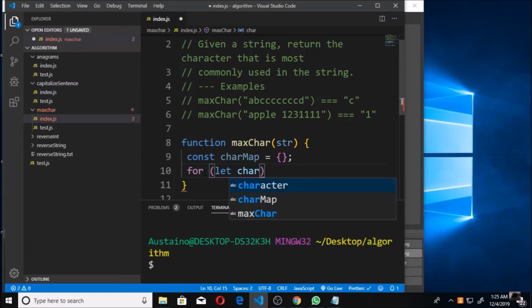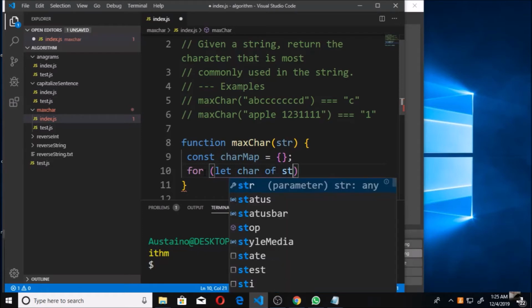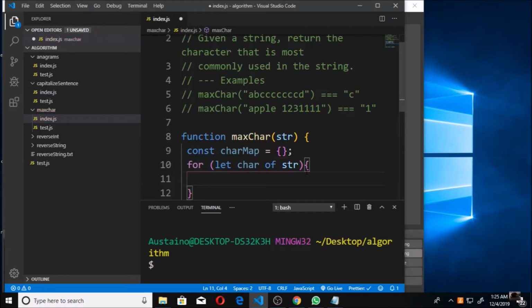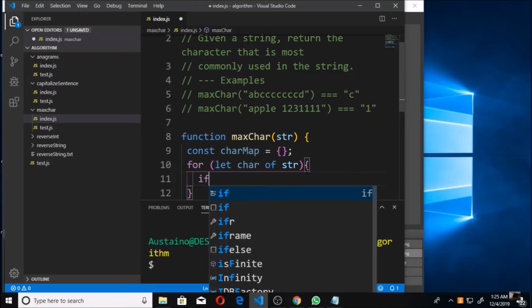So for a given character of the string that is passed, let char of string. So we're going to build that now. How do we build that out? Simply say if